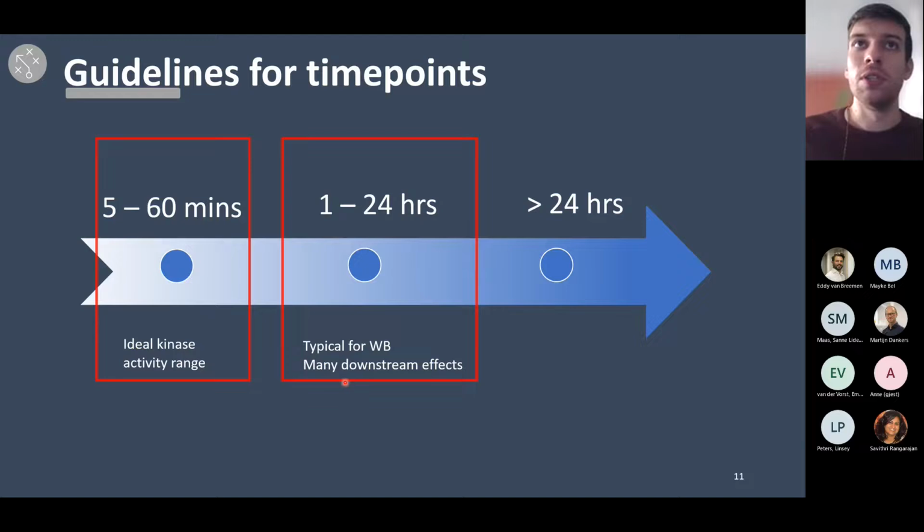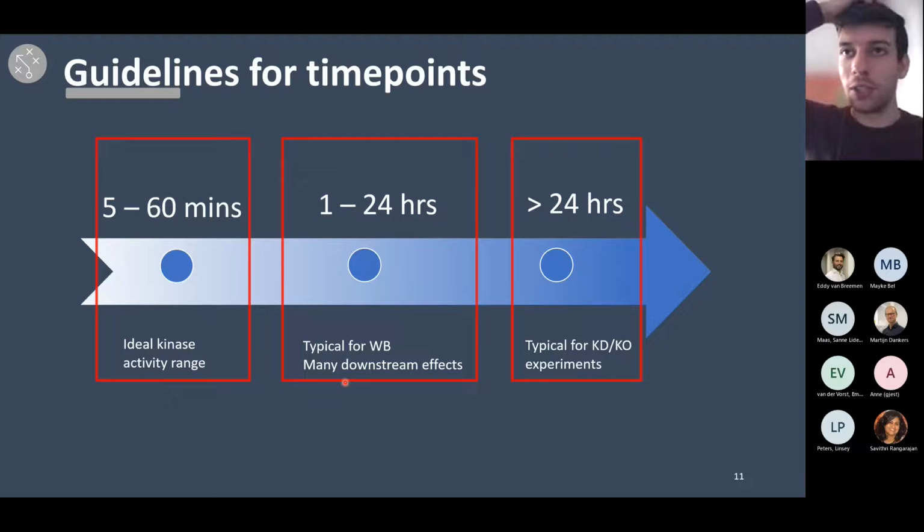Now, lastly, we also have a group which is higher than 24 hours, and this is typical for knockdown or knockout experiments, especially as RNA knockdown takes about 24 to 48 hours before you achieve maximum knockdown. The same is also true for overexpression systems, in the case of transient overexpression. And basically the same sort of caveats are part of this time point as they are for the 1 to 24 hour time point. So you might see many downstream effects